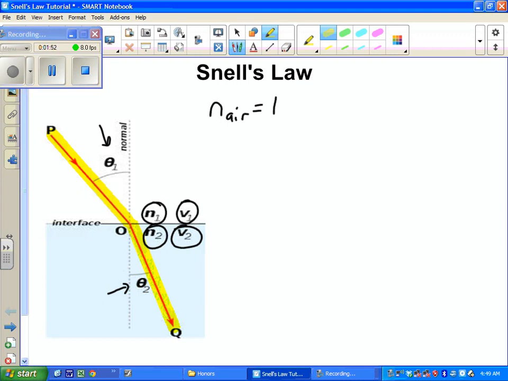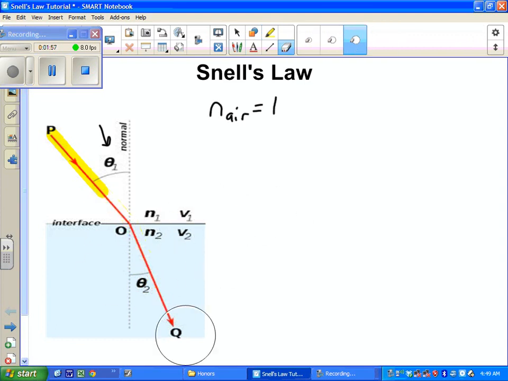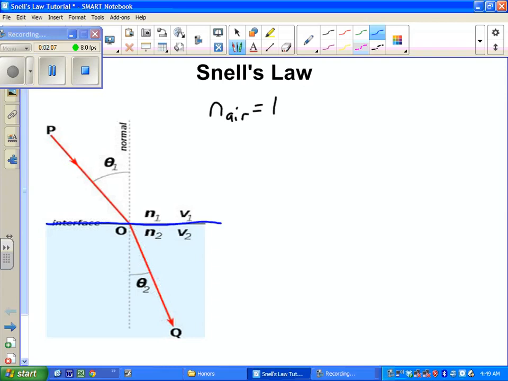So really, if I erase all of this, to help you keep everything straight, just think of it as this whole top medium. So we have our line here, our different mediums. And the top, we'll call medium number 1. And the bottom, we have medium number 2. And so you can kind of see in medium number 1 in the top half, we have theta 1, N1, and V1. And in the bottom half, we have theta 2, N2, and V2. So given those,